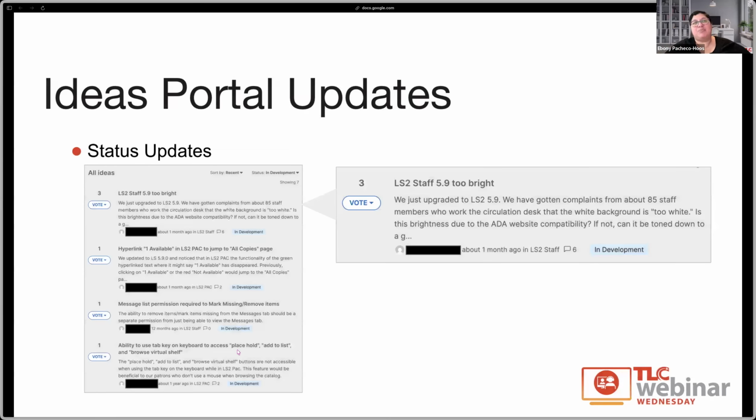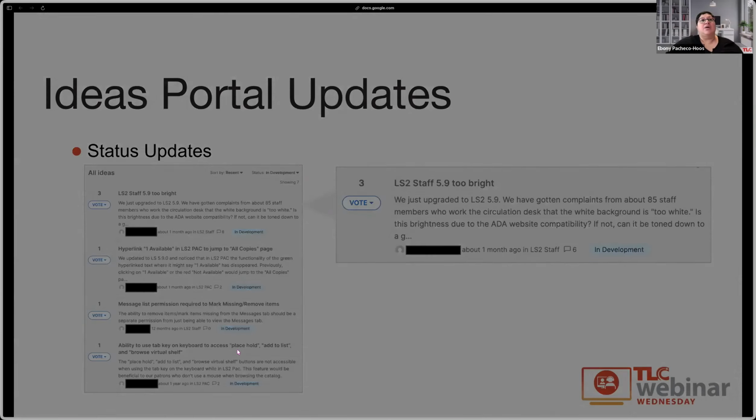Next up, we have our ideas portal updates. As ideas move into an in-development process or a planning process, you will see those updates within the idea that you've submitted. You will see those statuses move from future consideration, or planning for a future release, or assigned to a particular release, to in development. You'll see that update within the portal itself. So there's not a question of, oh, is it actually there? You actually have the view to see that called out. You can filter your statuses to see the things that are in development overall.